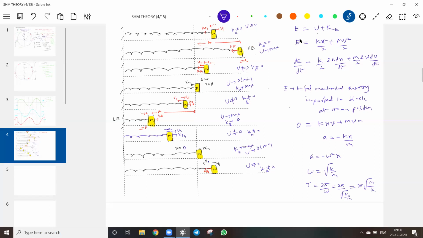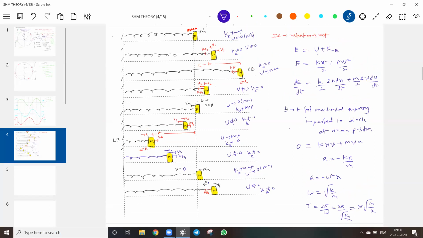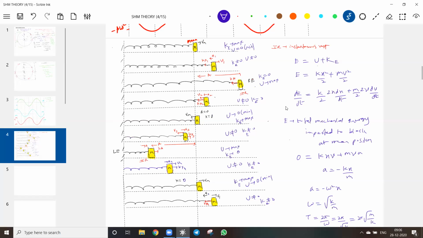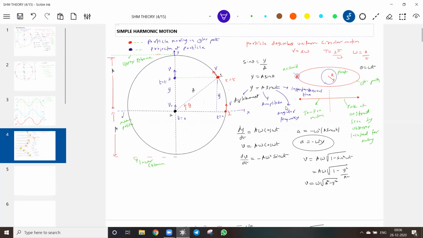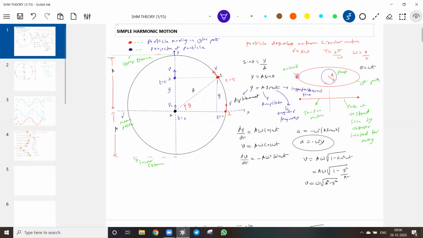One more very important conclusion. What is that? Time period. I brought up time period. So you can ask why I brought up time period again, since suddenly you started something and ended up with time period. Okay, let's do one thing. What is this T? Time period of